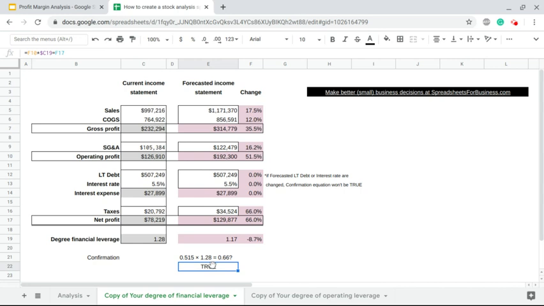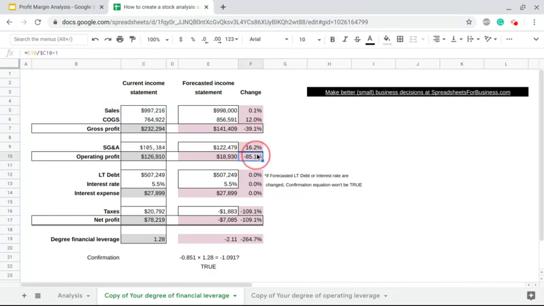This is my little checks and balances thing here. That's true. And yep, sure enough, a 66% increase. Let's say sales didn't end up as good. Let's say sales were just up a tiny bit, 998,000. Well, that's not enough. We're not effectively using those borrowed funds because the degree of financial leverage is still the same here on our current income statement, but with costs increasing so much and only a tiny bump in revenue, sales,